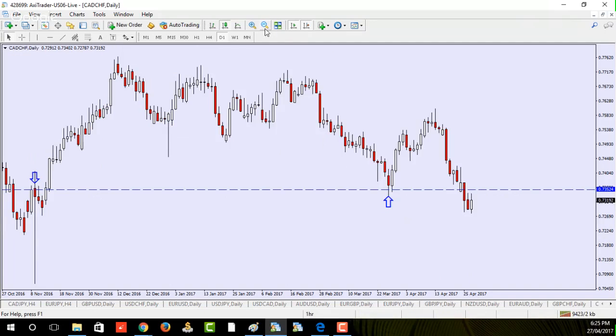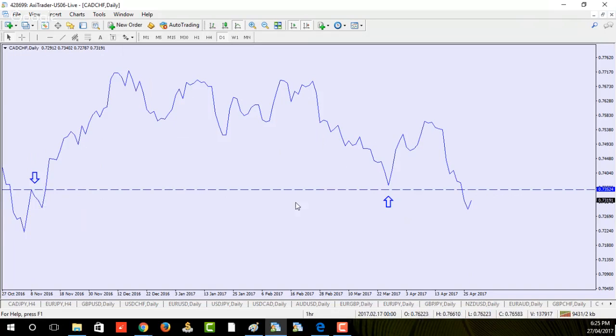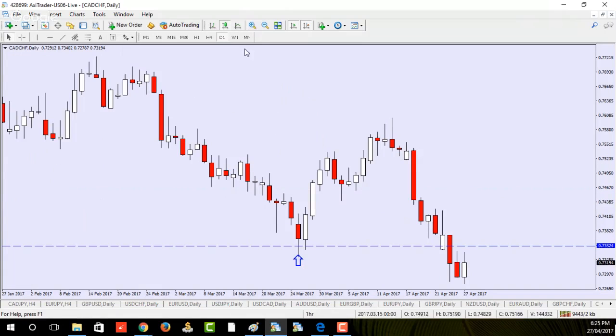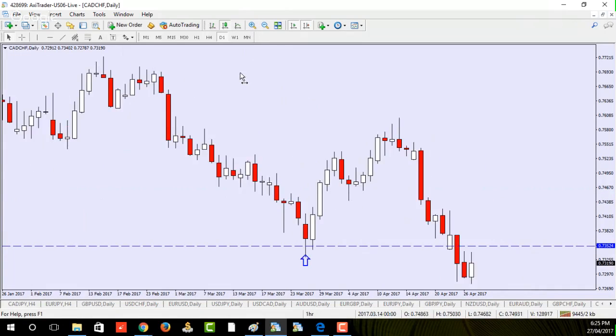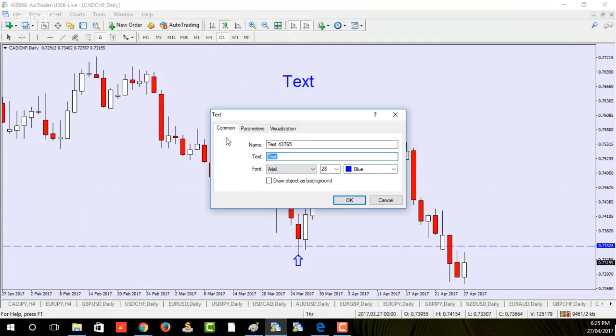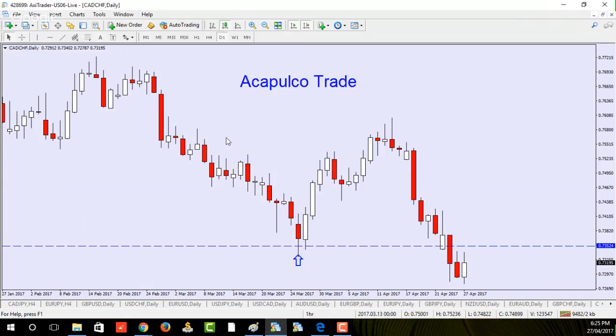Now this is where it gets interesting. So we've established this as a zone. You can see on the line chart, there's a bend there, there's a bend there. It's a really nice zone. But guess what's the most interesting thing to me is this right here. Because what we have here is an example of an Acapulco, okay? This is an Acapulco trade. We can do a whole webinar on the subtleties of this, but for right now,